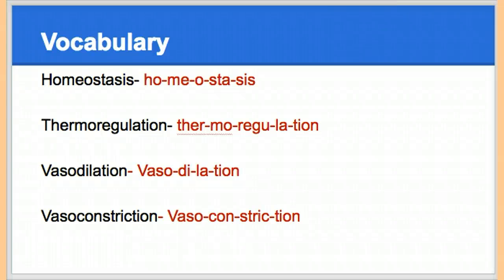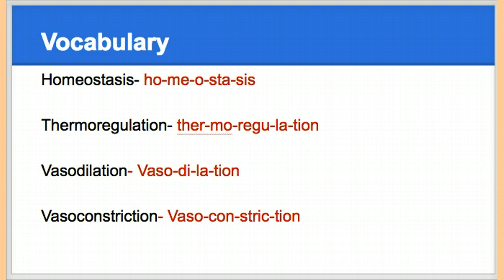So today, in this lesson, we're going to talk about homeostasis. There are also some vocabulary words that are a little bit new and can be very confusing. So I'm going to spend the first part of the lesson just going over these words, how to pronounce them. If you can say them out loud, it will be great because it gives you some practice of saying these words and also helps you to spell them properly.